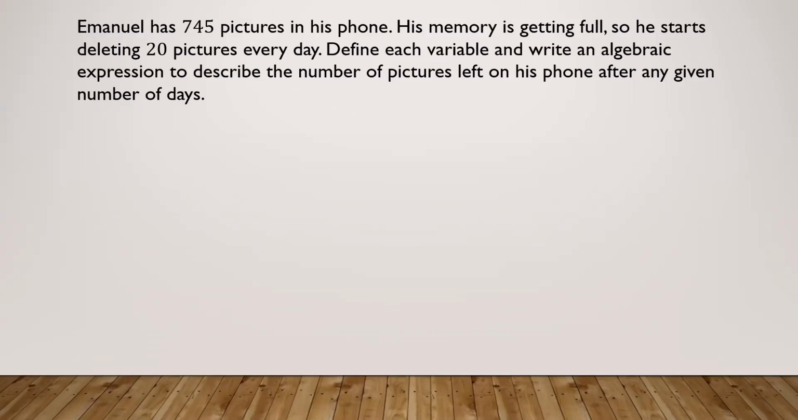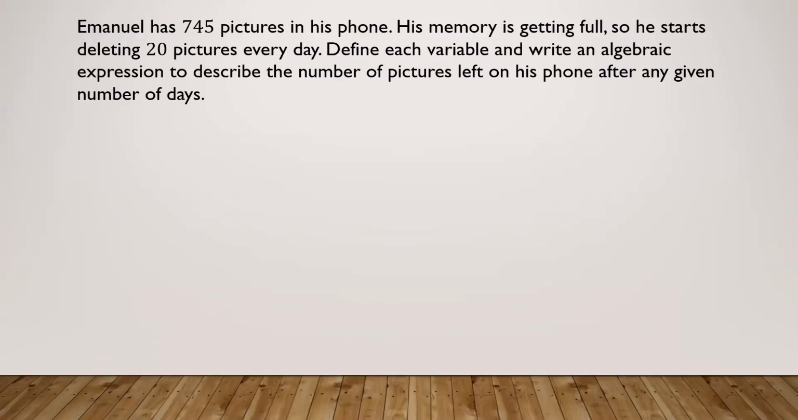given number of days. Okay, so there's a lot in there, but let's go back through and read it again. Emmanuel has 745 pictures in his phone. His memory is getting full, so he starts to delete 20 pictures every day. All right. Now it says define each variable and write an algebraic expression to describe the number of pictures left